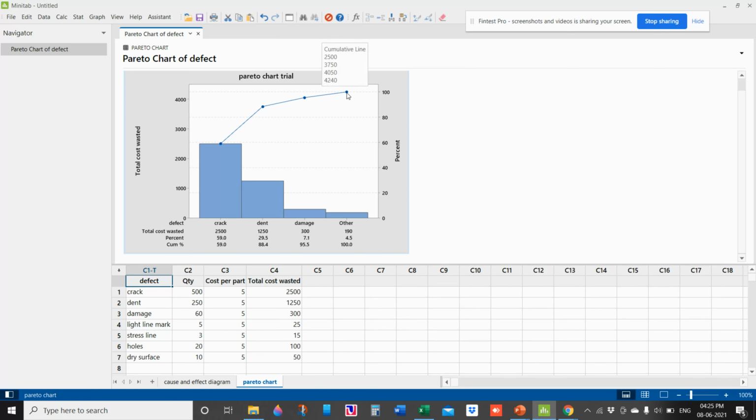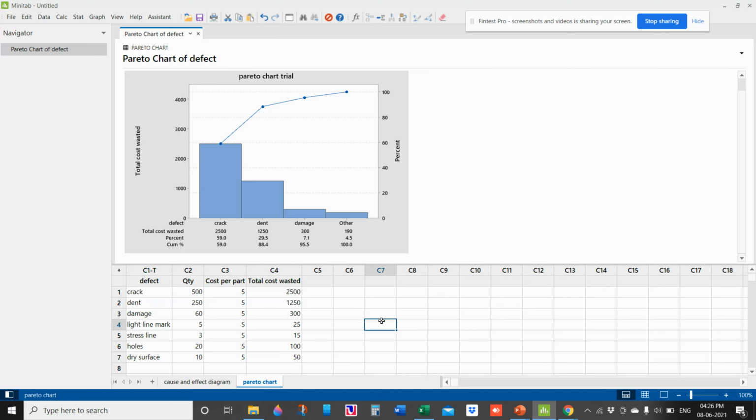So when it comes to 100, that means it's a cumulative of all the things. So here coming to the 80 percentage, taking this line, and then if you come down, because of crack, 80% of the effect is happening. Crack is in 20 percentage. Please listen to this statement. Crack is only 20% of the total count of defects. This crack 20 percentage is creating 80% of the effect. You understood, no? So once you solve the crack problem, 80% of the problem will be solved. 80% of the total effect will be solved.